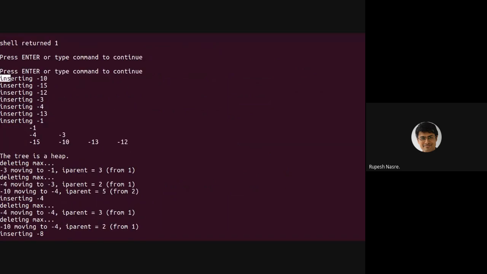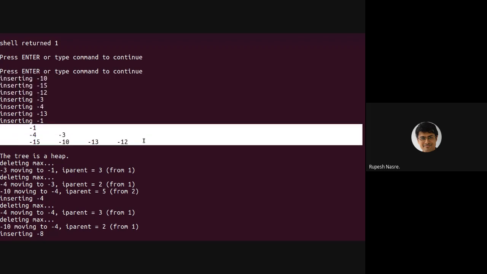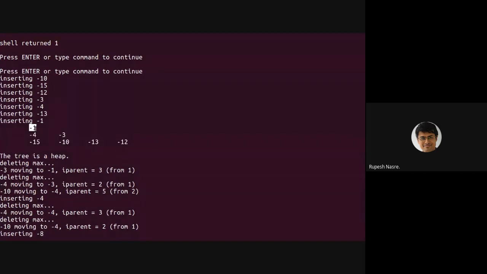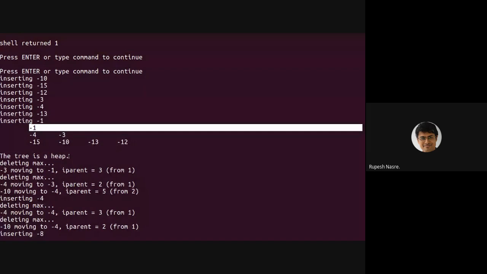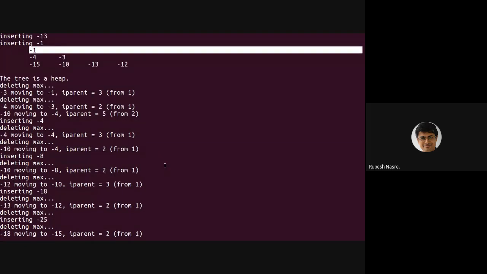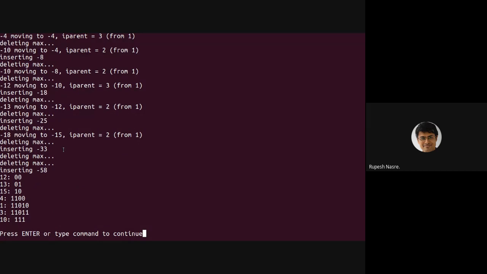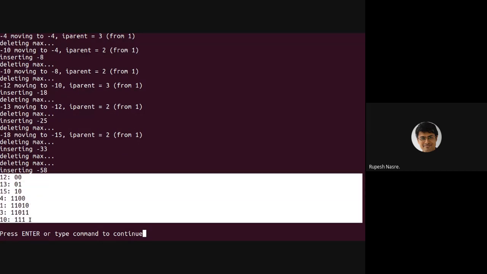It inserted these elements into the heap. The initial heap is like this. This is actually our max heap. As you can see, -12 is smaller than -1, but then the negative values I can use to essentially have the min heap, and delete max is going to give me essentially the minimum element. So I need to flip this sign, and then I'll have those elements. So all of this debugging happens, and finally the Huffman tree I get has these codes corresponding to these elements based on the frequencies that I have.